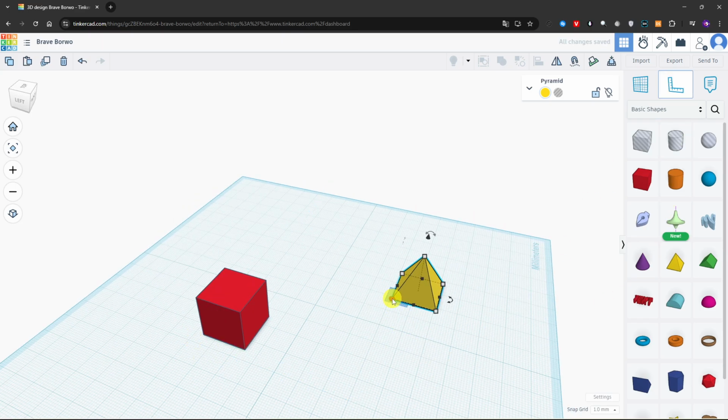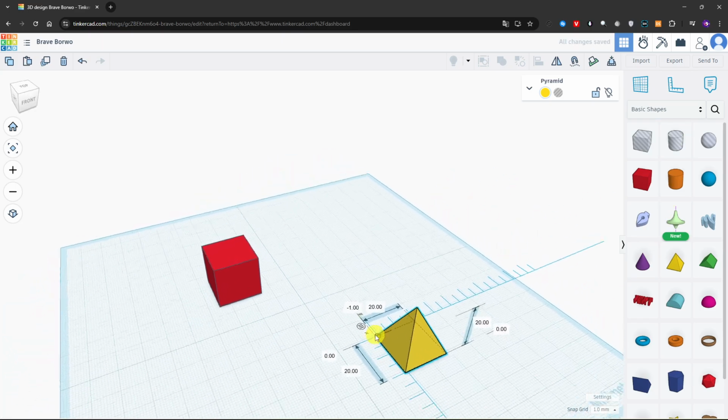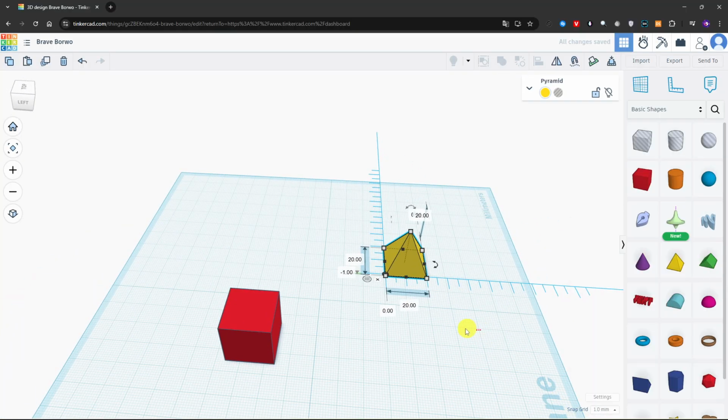Again, if you want to select different point, you can basically select something like this and you'll be able to